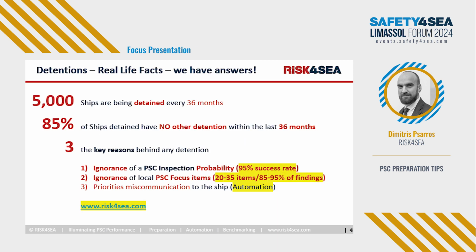Now, some real life facts. We have 5,000 vessels being detained every 36 months. 85% out of these vessels had no other detentions within the last 36 months. There are not substandard ships, there are not bad vessels. There are some insiders in the market that think that we have bad vessels, that's why we have detentions. No, we